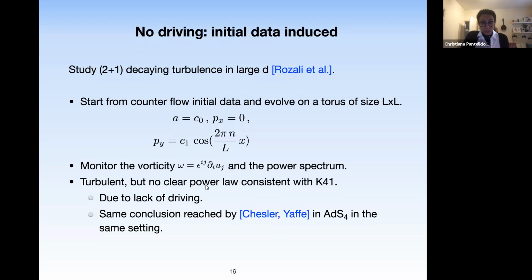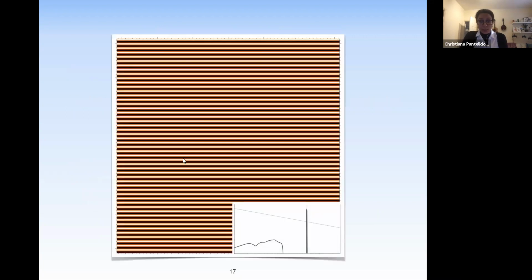Okay, so let me convince you by showing you the actual video. Here in the background, I'm showing the vorticity. This is the initial slide, so what you're seeing is essentially the initial data. We have these stripes that correspond to fluid going in this direction, and then a bit below in the opposite direction, etc. And here at the bottom, what we have is the power spectrum, always on a log-log scale. And here you see 2 features appearing.